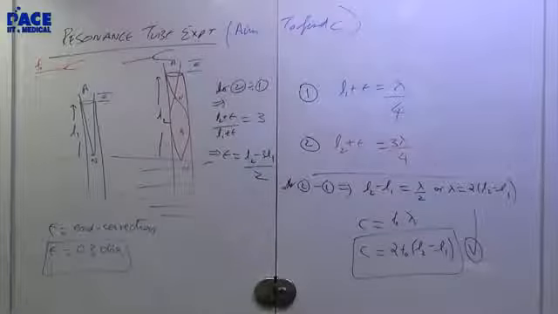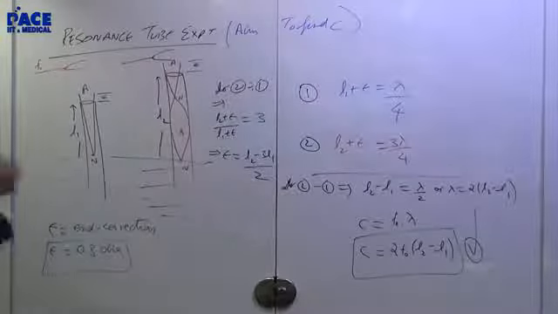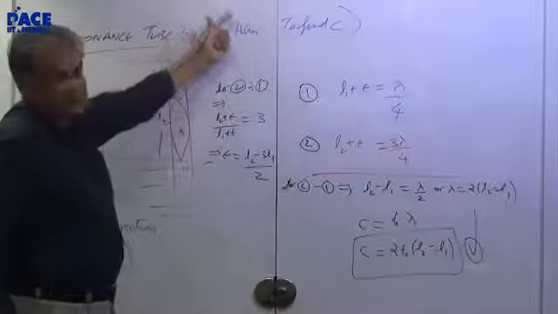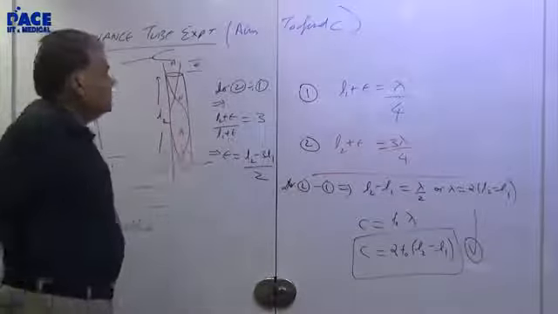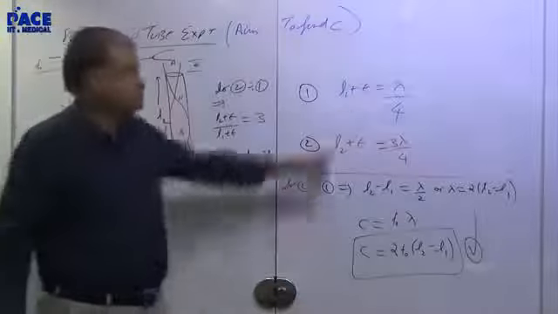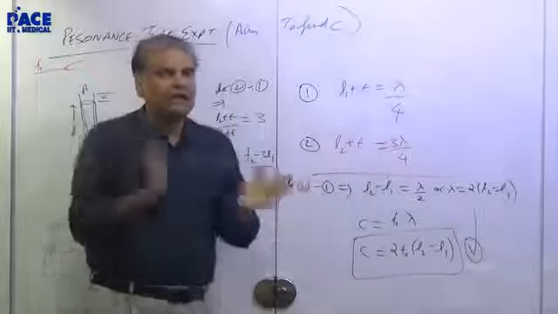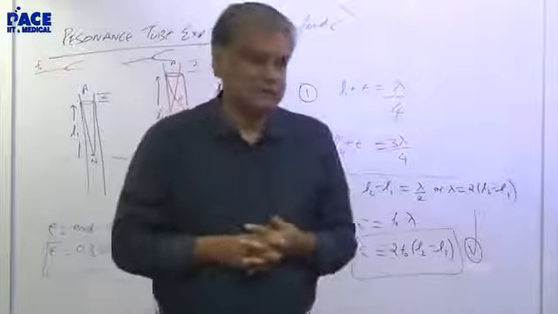So the L2 will be the first overlap. Yeah, in this case, yes, it is the first one. So resonance occurs at any multiple of the... Exactly. This is not the end of it. Our job is done, so we finish it off, because I have got what I wanted: 2 equations to eliminate the 2 unknowns. But I can go on again. I will find an L3 such that this whole thing is 5 lambda by 4. 7 lambda by 4, 9, any odd multiple of lambda by 4 you will get it.